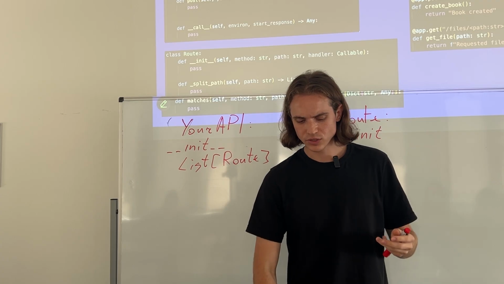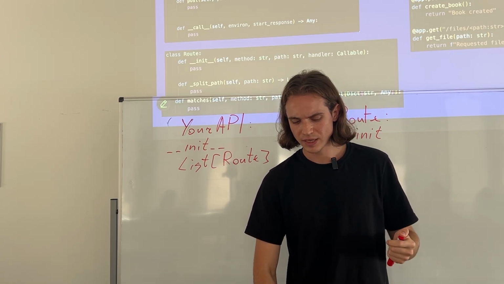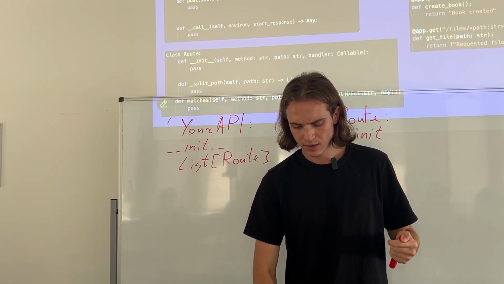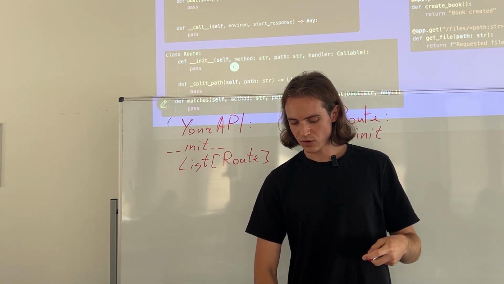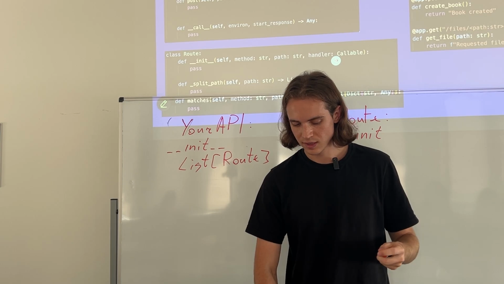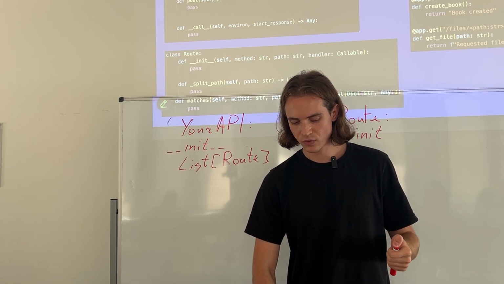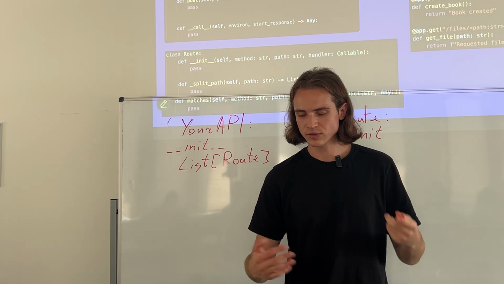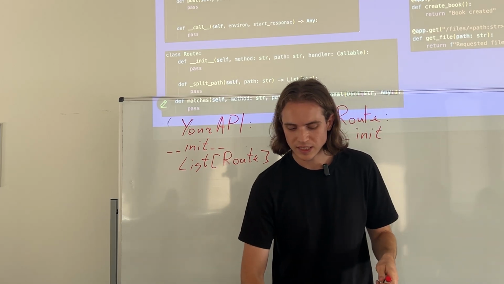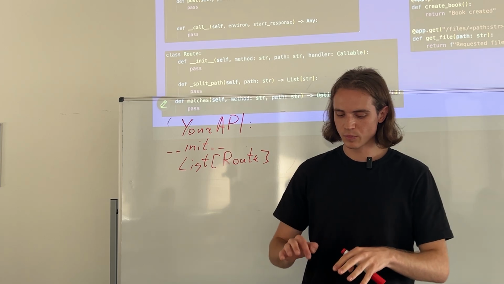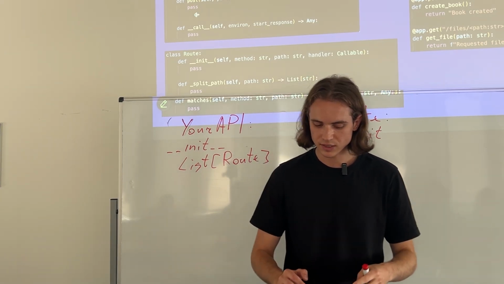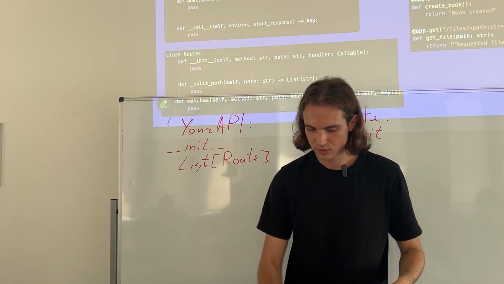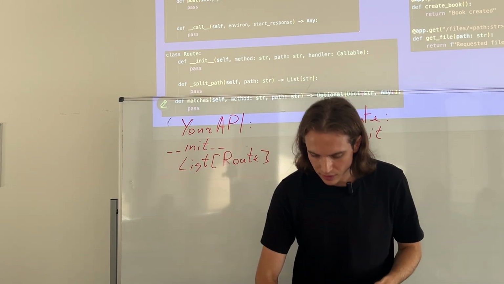There are three parameters: method, path, and handler. Method comes from the type of decorator, and this is not automated. Inside the get decorator, you will pass the string get. Inside the post decorator, you will pass the string post. Then path you will have as a parameter, and handler